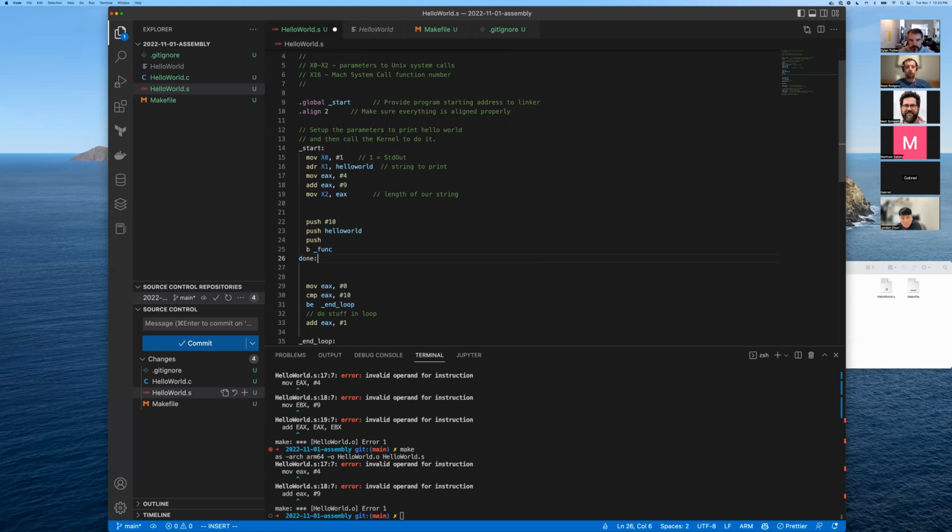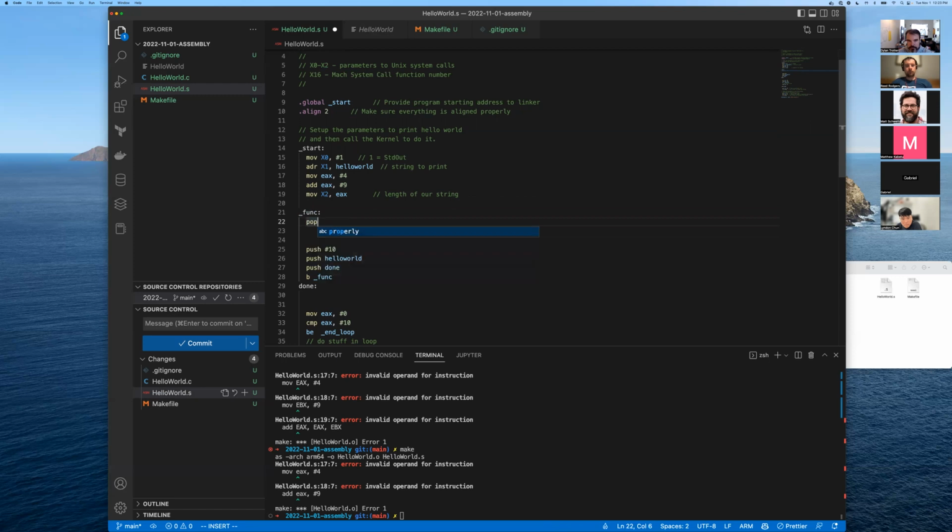So we might have a label like that, and we're going to push the return address that we're going to jump back to when the function is done. So we pushed our arguments, we pushed the return address, and now we're going to branch to function. And then function might look something like this,